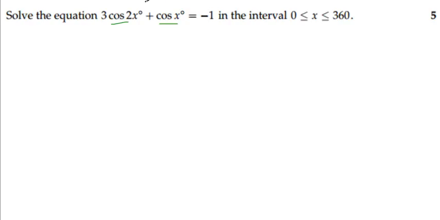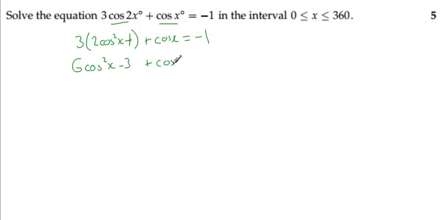Now, we know when we've got a double angle within an equation, we're going to substitute in and factorise. With the cos 2x, we've got three options: cos squared minus sine squared, 2 cos squared minus 1, or 1 minus 2 sine squared. We want to use one that only has cos in it because we've got another cos here. So this is going to become 3, then 2 cos squared x minus 1 plus cos x is equal to -1. Okay, when you break these brackets, that's 6 cos squared x minus 3 plus cos x is equal to -1,